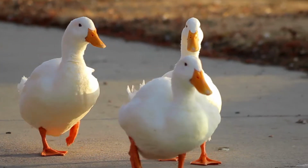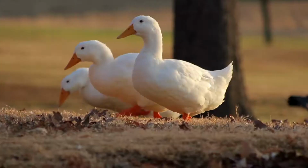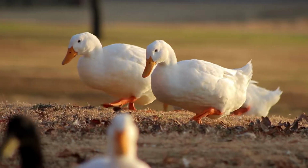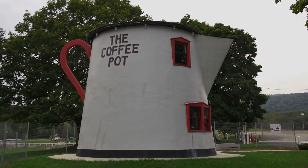Martin wanted to stand out from his competitors. In order to catch eyeballs, he wanted his shop to literally look like a duck. This inspiration came from odd structures he had observed throughout the country, such as the coffee pot building. In 1930, with initiative, heart, and a little bit of capital, Martin hired some local builders to create his duck